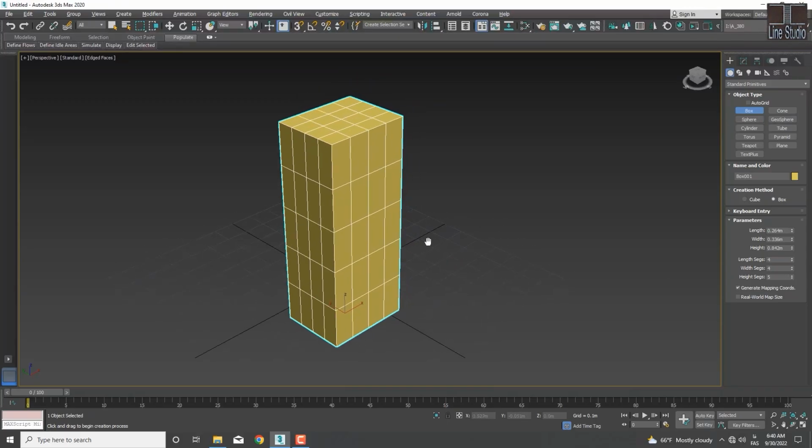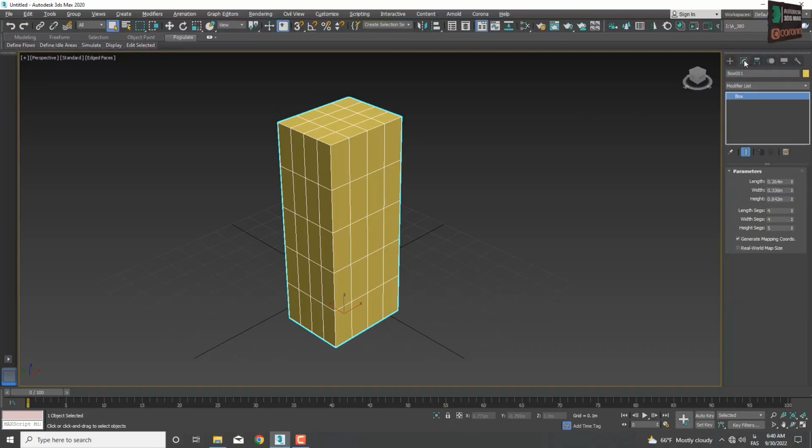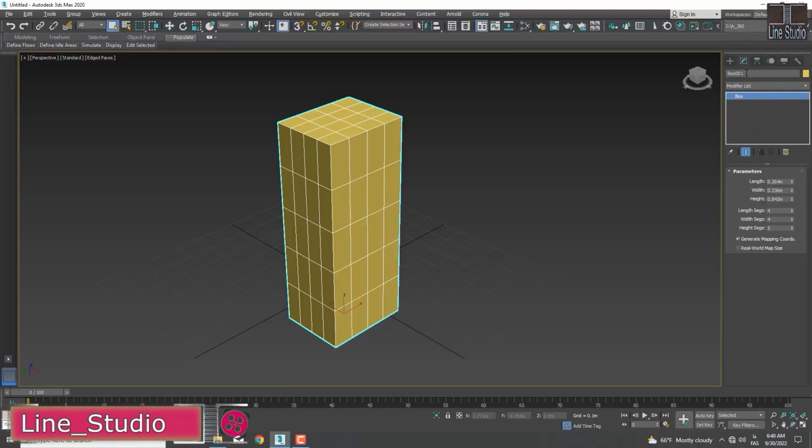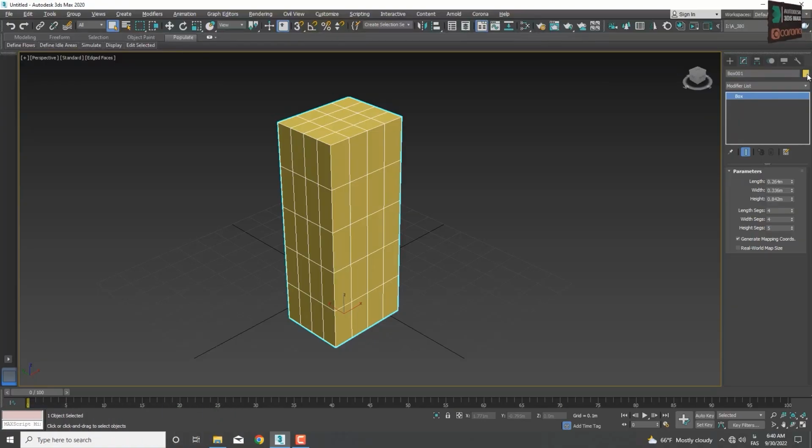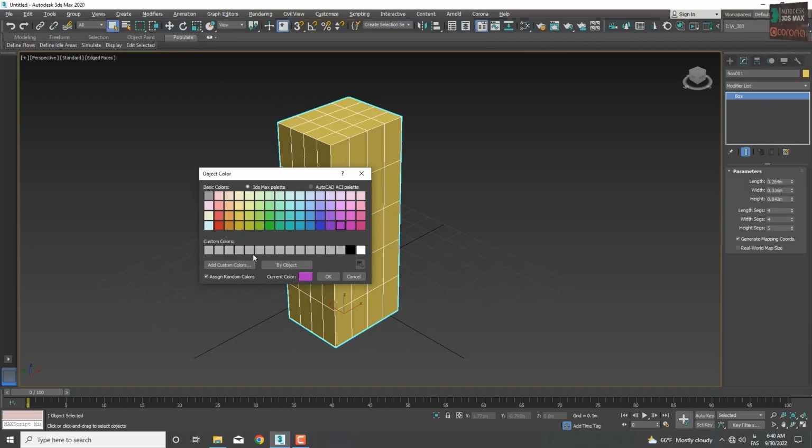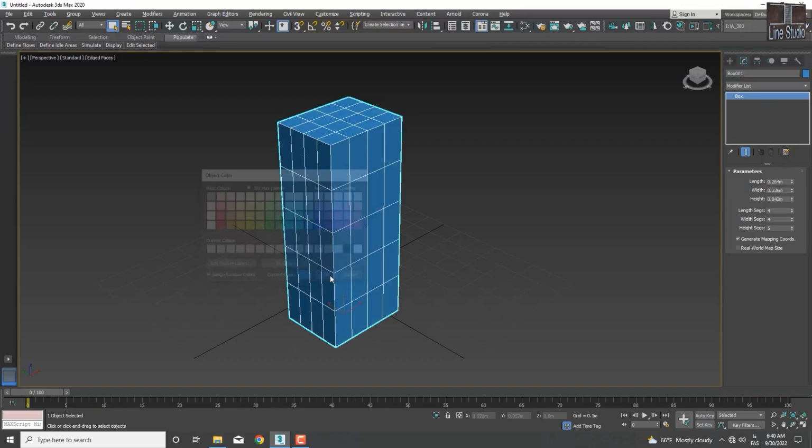So we want to make some changes to this shape using the Modify section. When you hit Modify, the first thing up there is the name of the volume that you created, or that shape, or whatever you created in the scene. And you see the shape there. And you can change its color, for example. I will tell you how to name it later, but for now, I will put it here on box 201. And the color here, you can set any color you want. For example, this color. And in the parameters section,